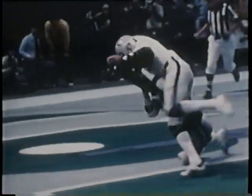Back is Plunkett. Time to throw. Deep to the end zone to Branch. It is caught by Branch. Touchdown Raiders. Holy